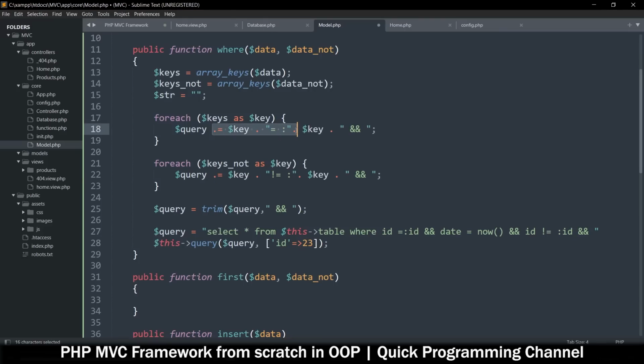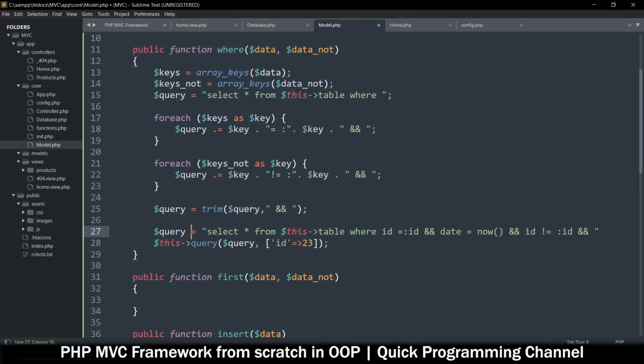We are saying add to, that's what the dot equals means. Let's put query here as well. Then start the query with this part up to here where it says where. So let's put that here. So select from the table where, that's why it's the where function. And then we add the where part here up to here. We trim that out. And then we add,